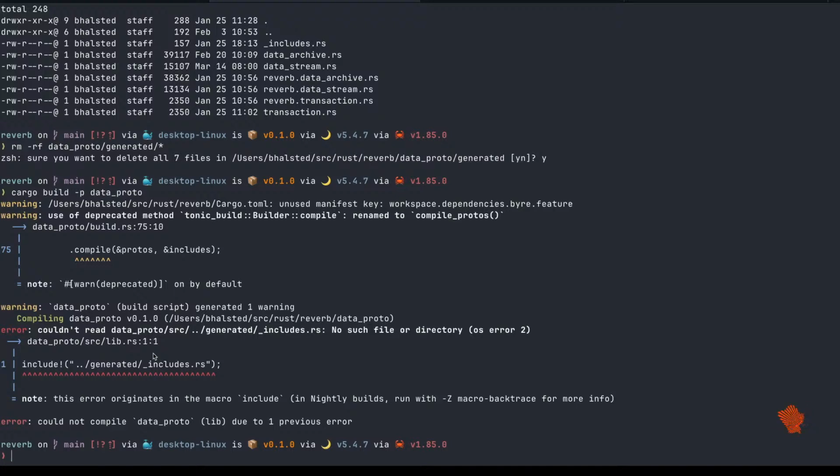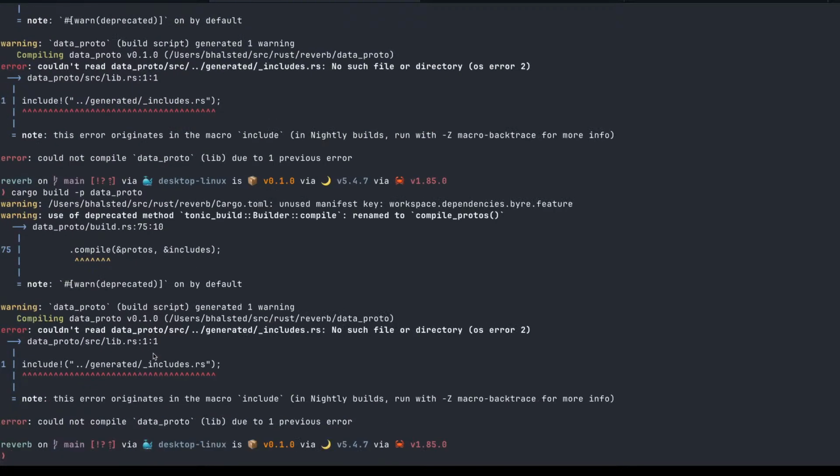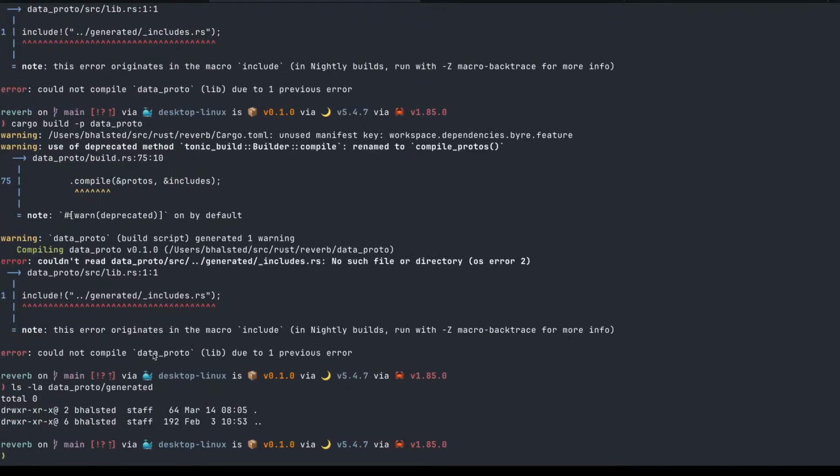Isn't the includes auto-generated? Might have a bootstrapping issue.